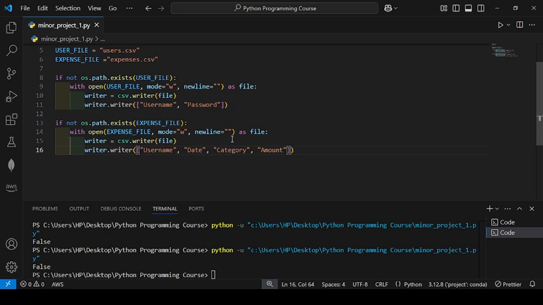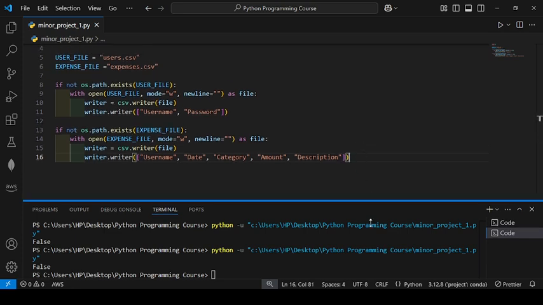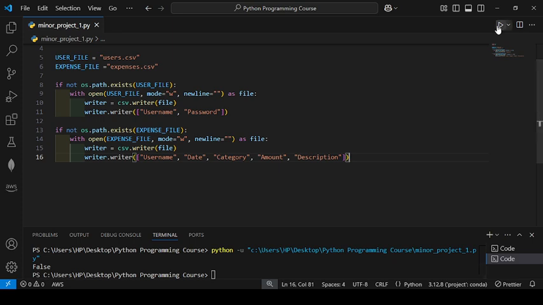And I can also mention the description. Okay, what is the about the product you have purchased. Okay, so if file does not exist, it will create a new file where you will have this name. Okay, so I will run this, then you will see the